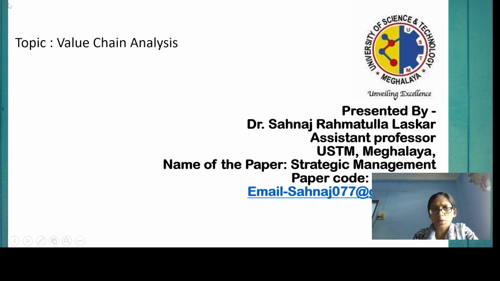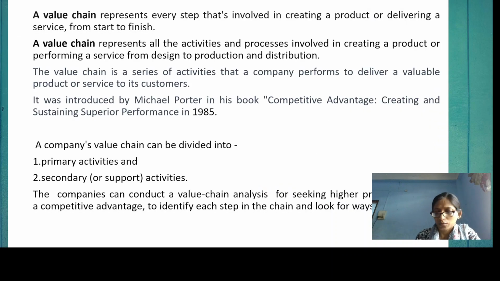Today we will talk about value chain analysis. This is a topic in our strategic management paper. So we'll see what this particular topic is all about. A value chain analysis represents every step that is involved in creating a product or delivering a service